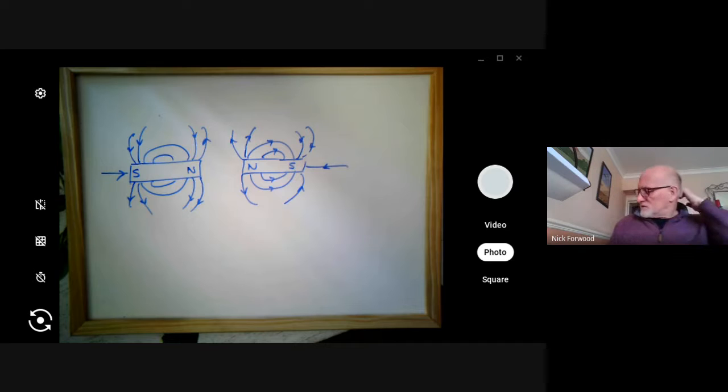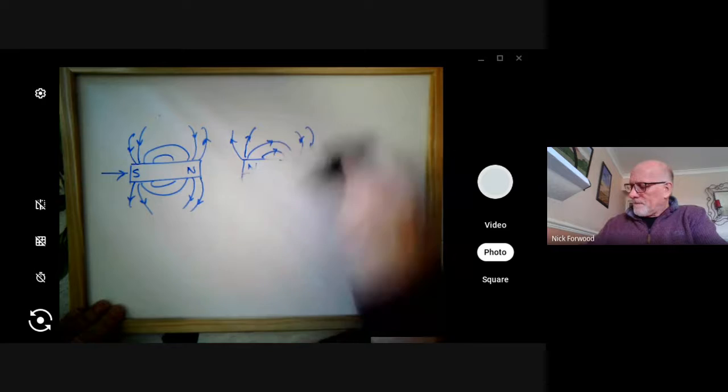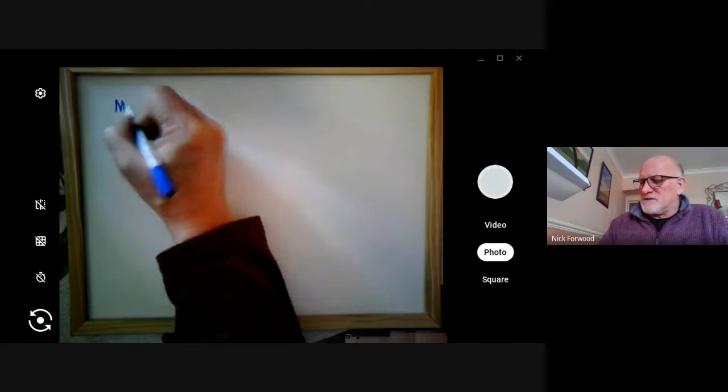Okay, so that's the field around permanent magnets. But that's just one way of producing a magnetic field, is to have a permanent magnet. It's called permanent because it's always on. What we want to do is have a look now at what happens if you have an electromagnet. Now, an electromagnet is just made out of a wire that has an electric current flowing through it. And this is another way of making magnets,